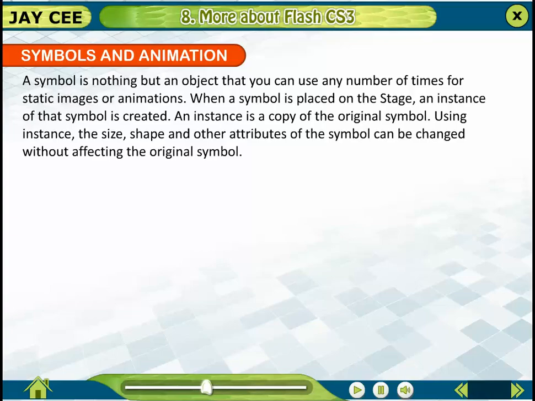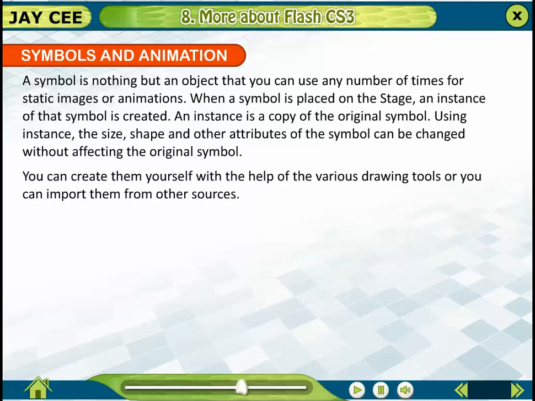Using an instance, the size, shape, and other attributes of the symbol can be changed without affecting the original symbol. You can create them yourself with the help of the various drawing tools, or you can import them from other